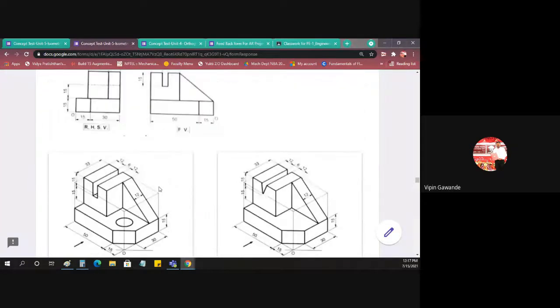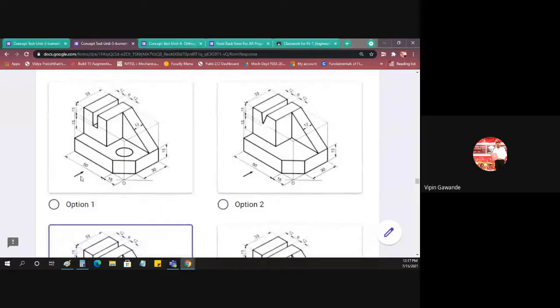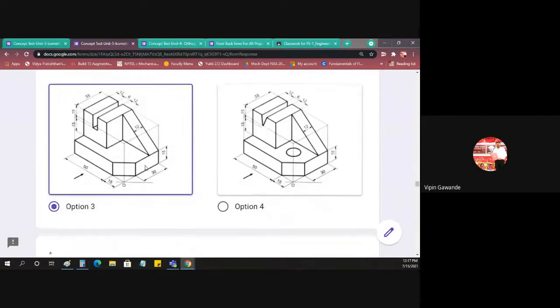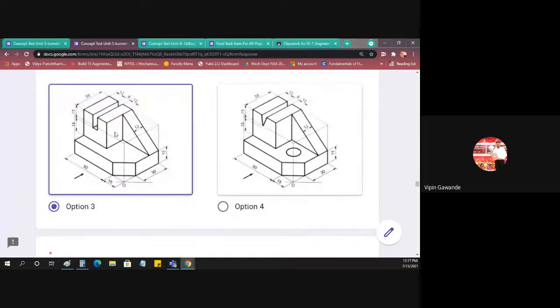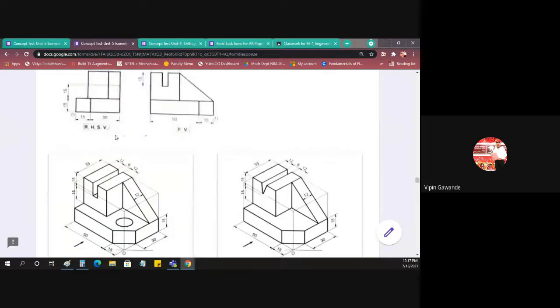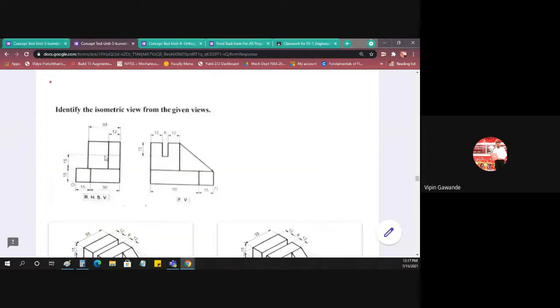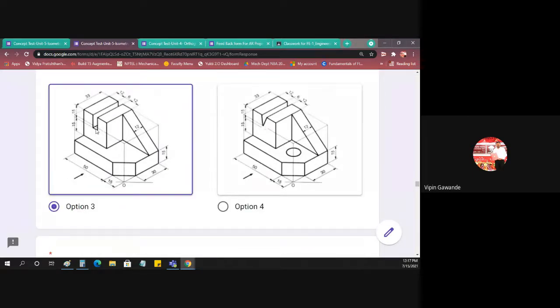Now in right hand side view, you have to take this direction. This is the observer, so you have to go from this side. When you go from this side, we'll get two rectangles, 1, 2. This inclined surface becomes the straight part. This is the straight part, and the third part is because of this one, and then we'll get a dotted line here. This dotted line in the right hand side view is because of this cutout. So we have to transfer this point here, and then draw the dotted line. Likewise you have to solve the problem here.